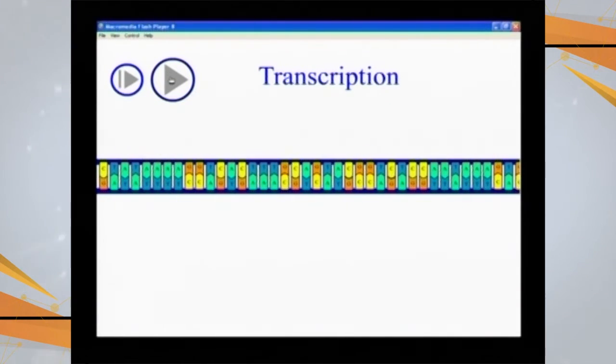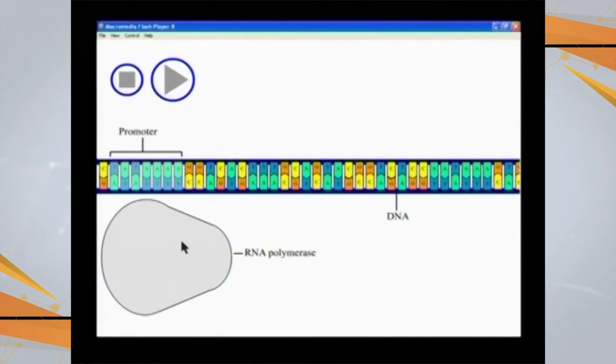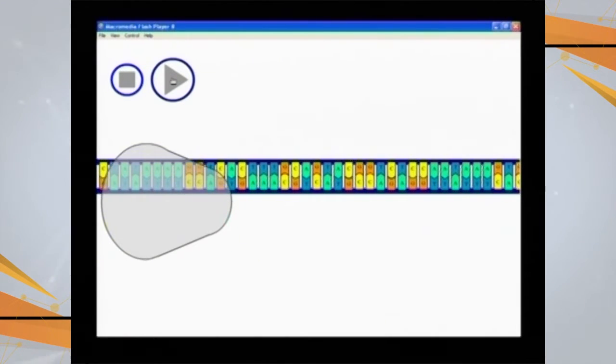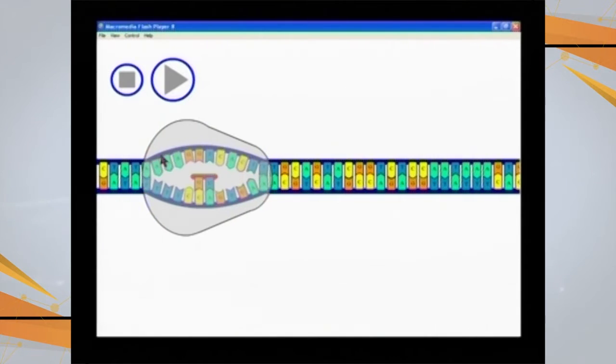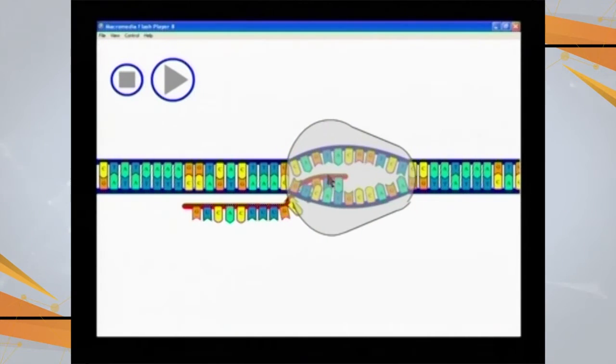So this is the process of transcription, and transcription means DNA-directed synthesis of messenger RNA. This is a molecule of DNA having the information. Now there is an enzyme, RNA polymerase, and it is going to bind with one of the areas which is called the promoter. The promoter is the start part of any gene or any signal or any order. So it attaches at the promoter, causing splitting of this DNA and copying the information from here in the form of this strand.